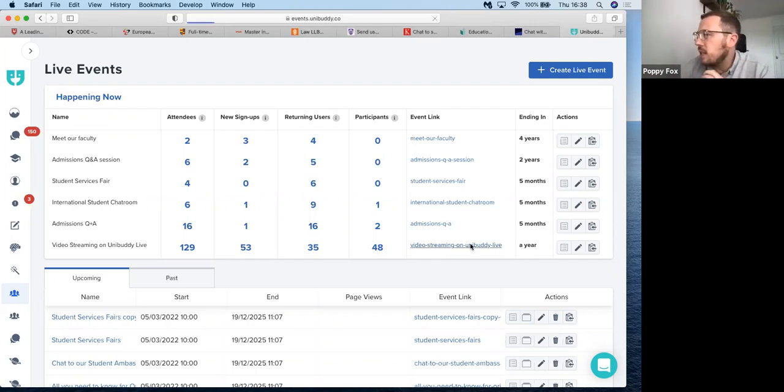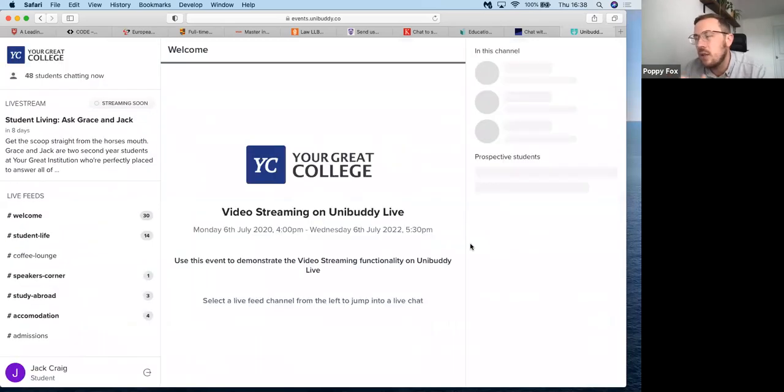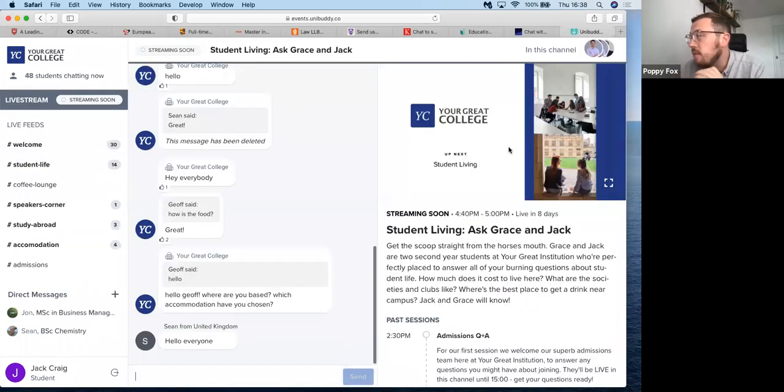And then the event itself, this is just to show you the format of the event. This is a white labeled version, but this would be customized to your brand and your logo and so on. The format of the event is that you have a live stream here, and this could be up to 4 people presenting simultaneously in a panel type format.